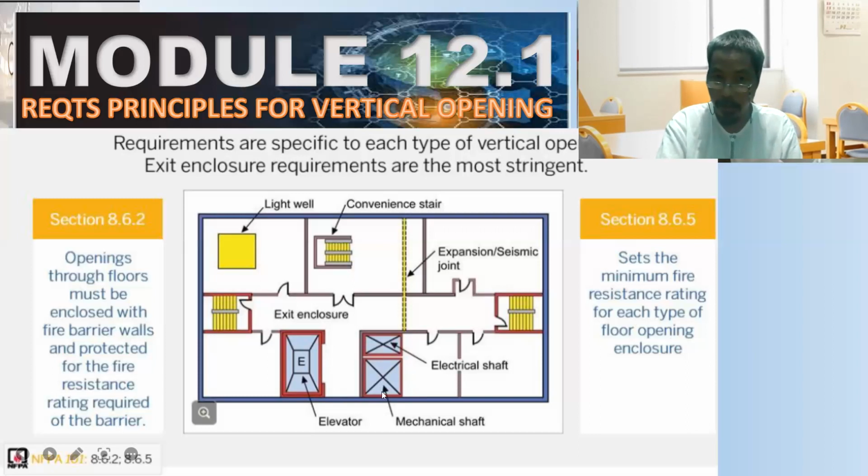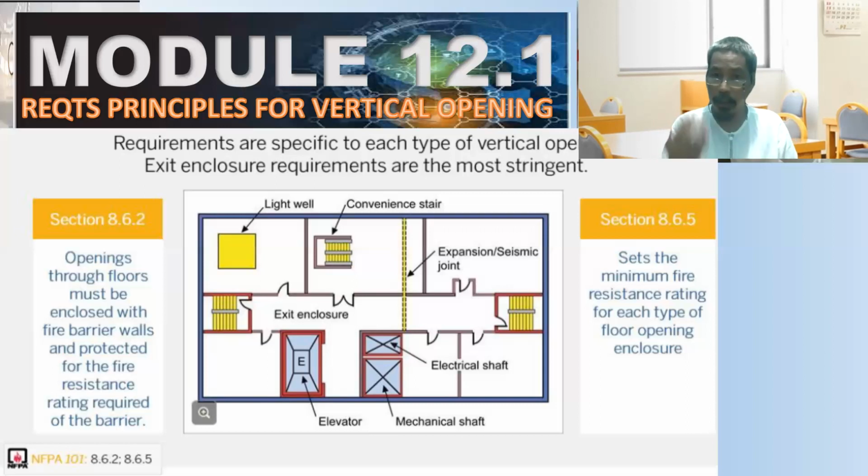There are several reasons for a mechanical shaft, for example pipings, for water, hot and cold, and water supply, which is in the area of plumbing. So mechanical, plumbing, and the electrical shaft, those cables that would supply each and every floor